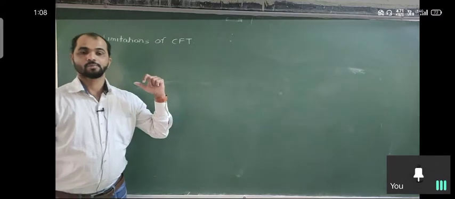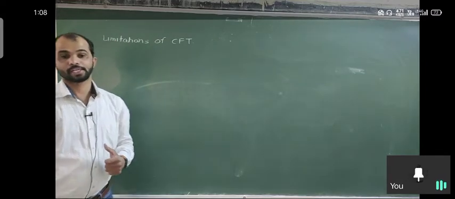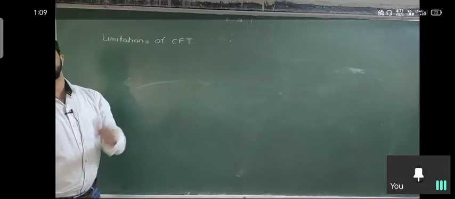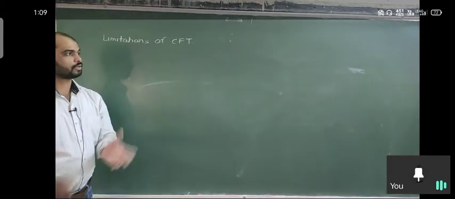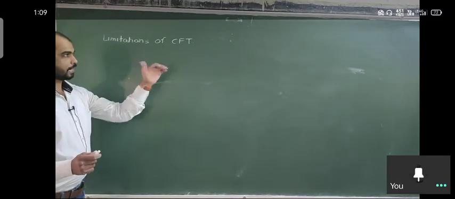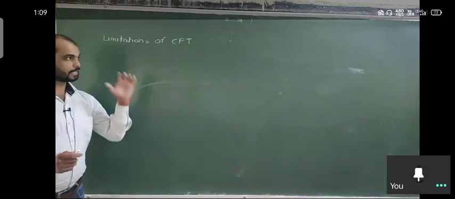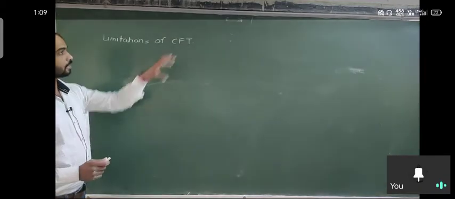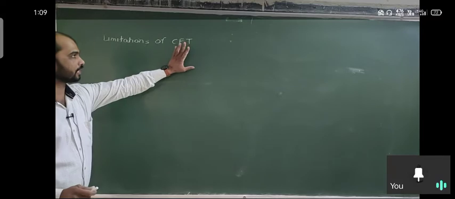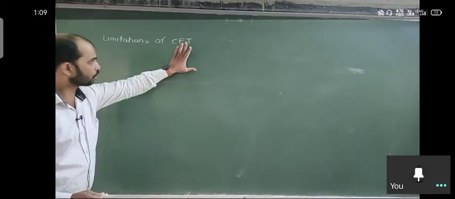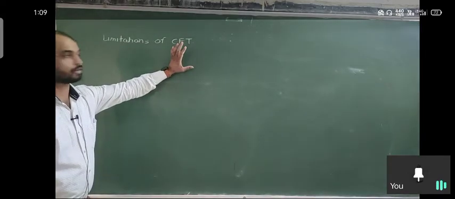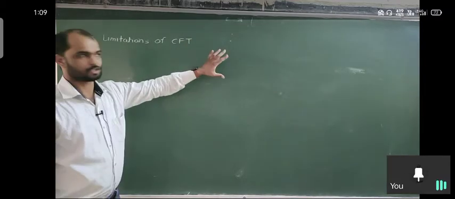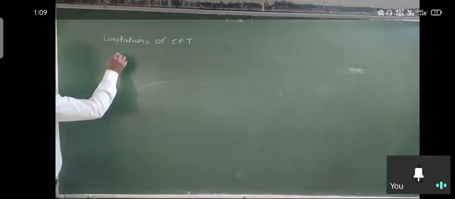It is the molecular orbital approach of the theory between the metal and ligand. So the next theory is ligand field theory, which is an expansion and modification of crystal field theory. Crystal field theory is totally related to the electrostatic interactions between the metal and ligand. We are going to discuss the limitations one by one here.